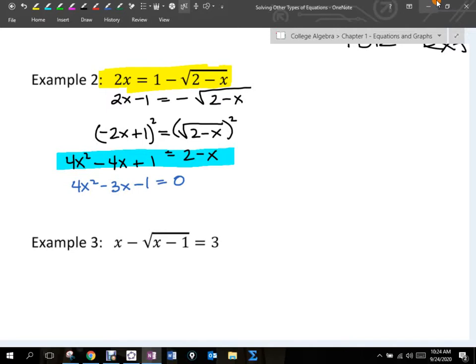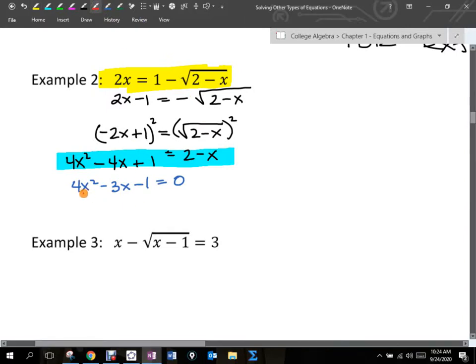Okay, so now we can actually factor this. So if I factor this, I'm going to use the AC method. I'm going to go 4 times -1 gives me -4. Two numbers that multiply to give me -4, but add to give me -3: -4 and 1, right? So I'm going to rewrite this. I'm going to move it up here to give myself some room. We're going to go 4x squared, I'll rewrite as minus 4x plus 1x, then minus 1